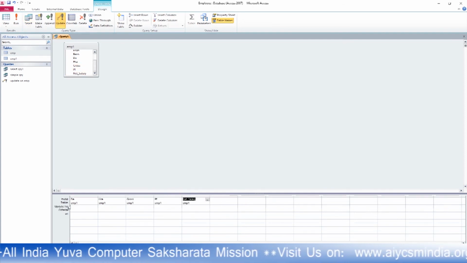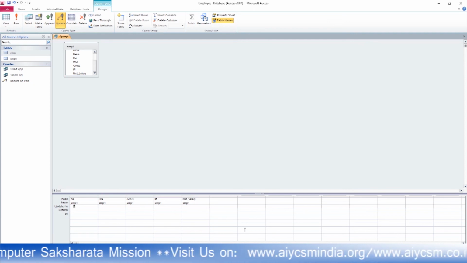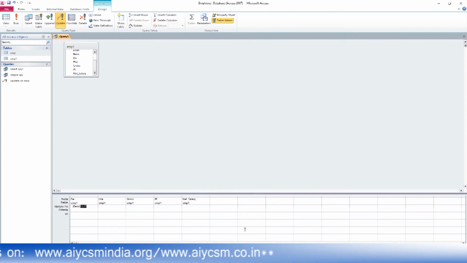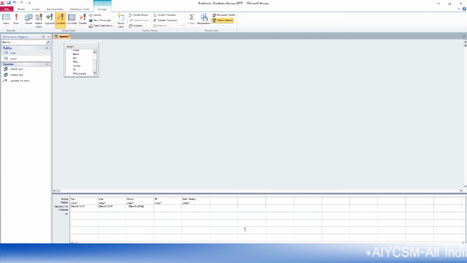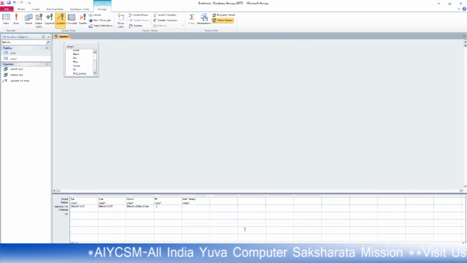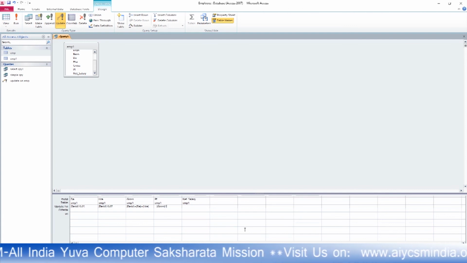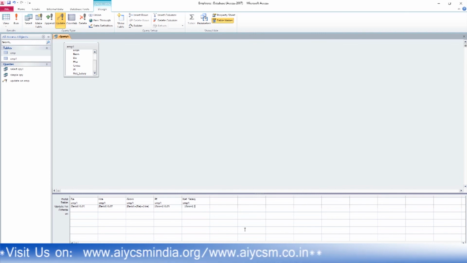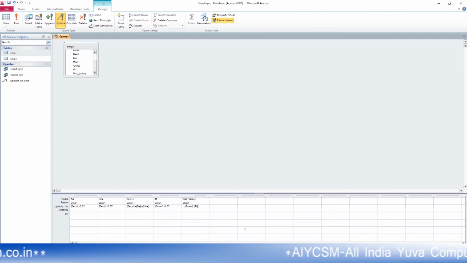From this update to, you have to write the formulas. These are the formulas; the P is a capital letter. You have to provide the equals to sign.